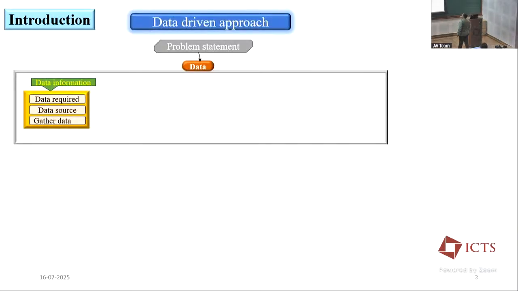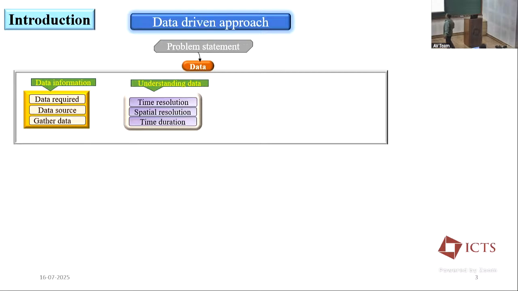In the data-driven approach, we think, okay, I am going to work with this particular problem. The first thing we have to worry about is the data. From where will we get the data? The data source is the biggest problem till now. If you want to work in some particular area and the data is not available, then you cannot. So what data are required, and what are the data sources? Then, even if you know the data is available, whether you are able to get it or not is also a question. Sometimes we face difficulty getting the data.